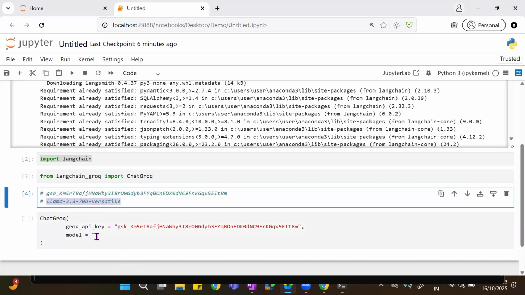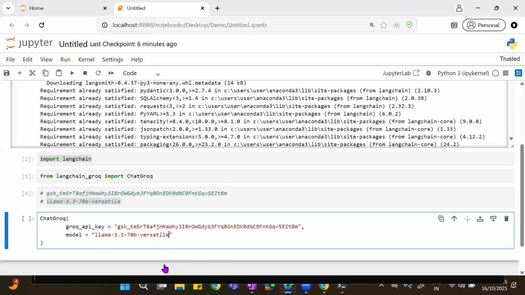So I created a model. I will give it the name LLM. You can give any name.